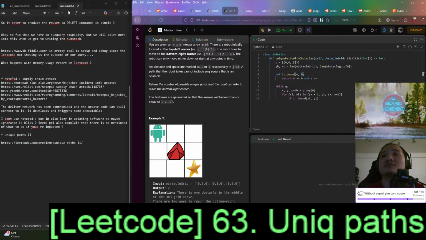The vertical has to be greater than or equal to 0 and less than the bound, and horizontal has to be 0 and less than this, right? If it's inbound, then yes, and then plus equal to.